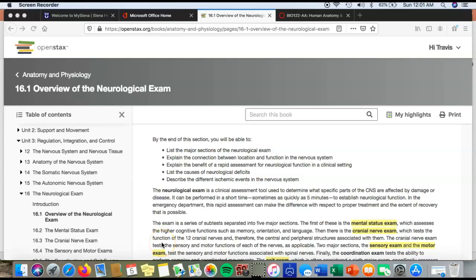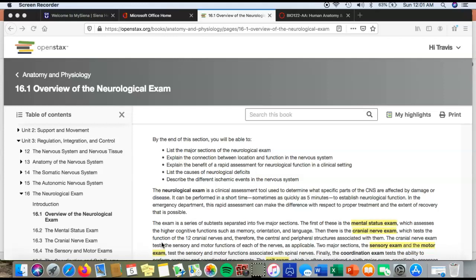Okay, welcome to section 16.1, which is going to be the first in a series of lectures in Anatomy and Physiology 2. So if you've made it this far, I'd like to congratulate you on getting past Anatomy and Physiology Part 1, and welcome you to join me through the sections that we're going to cover in Anatomy and Physiology Part 2. The first of those sections is going to be 16.1, where we talk about the overview of the